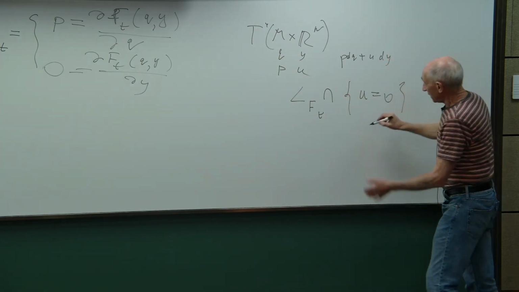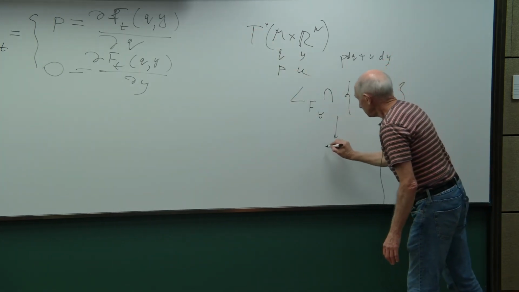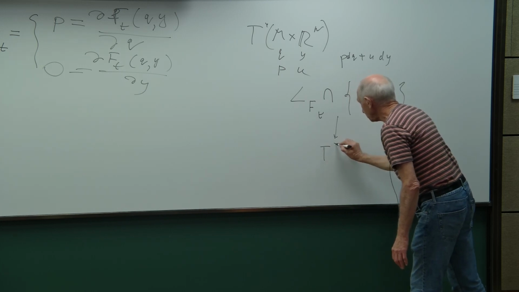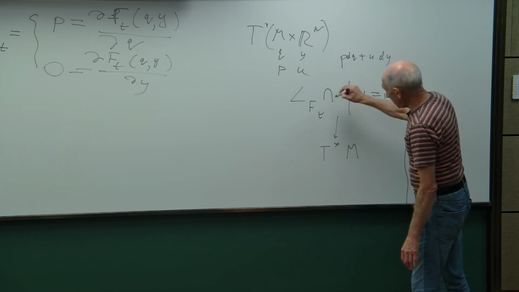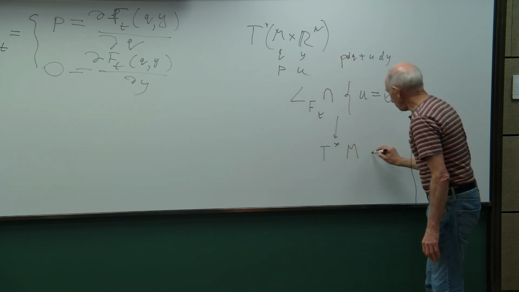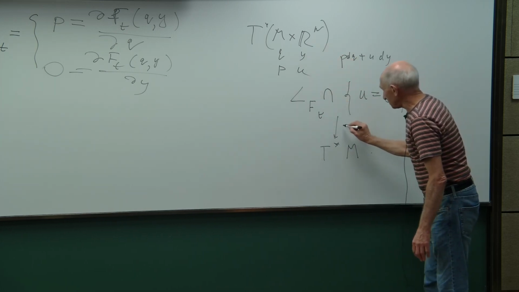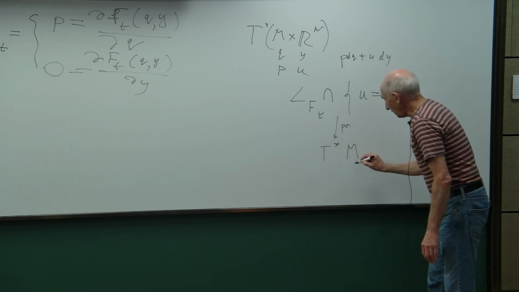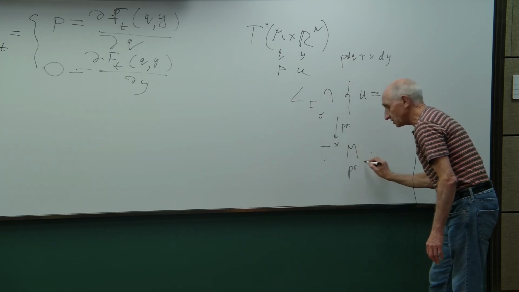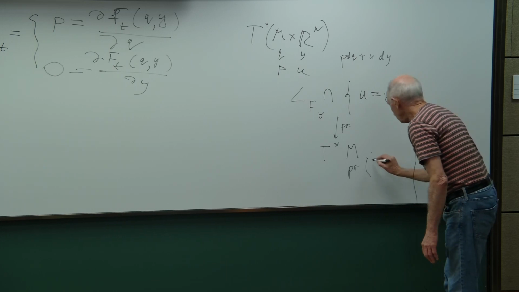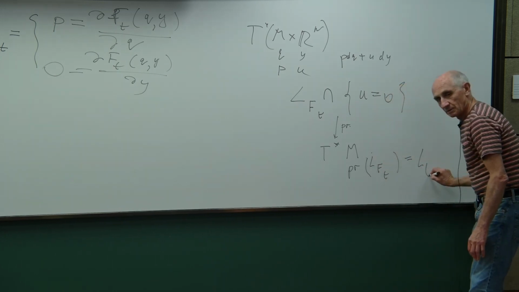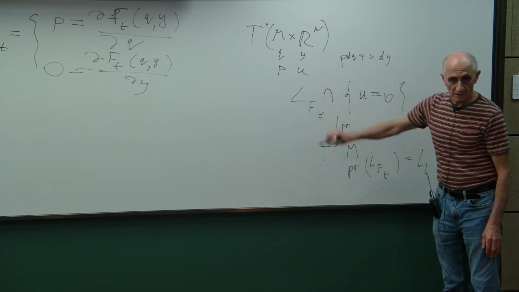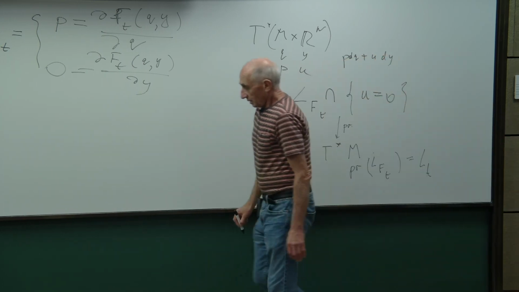And then there is what is called symplectic reduction, as I say, the projection of this cotangent bundle to the cotangent bundle of M, and the image under this projection is our LT, right? So that's what we have. So this is